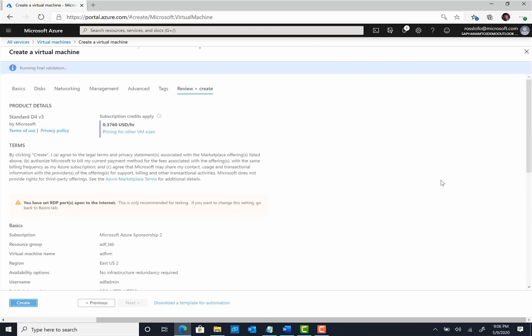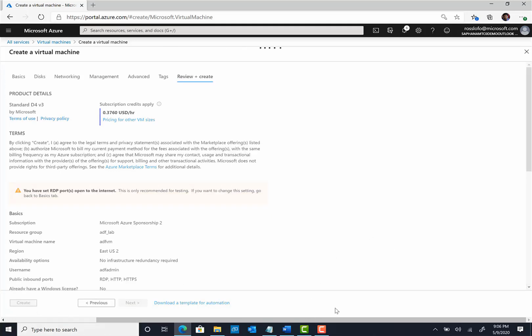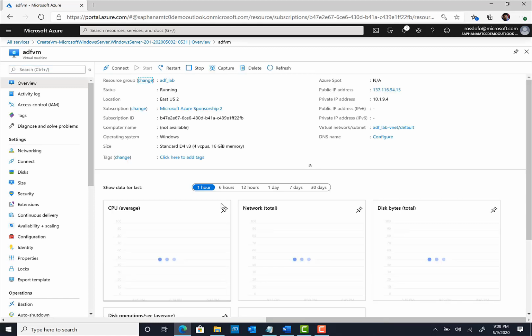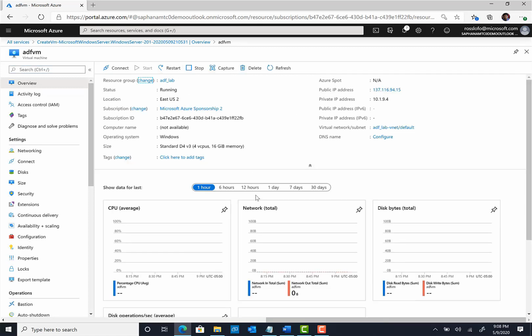Okay, so that's going to take a few minutes to create, and then I'm going to pause while it's going. Well, in fact, it's here. Let's click create. So I'll pause it. Okay, so the VM has been created. Let's click on it here, resource, and we have the VM. Also, we do have the